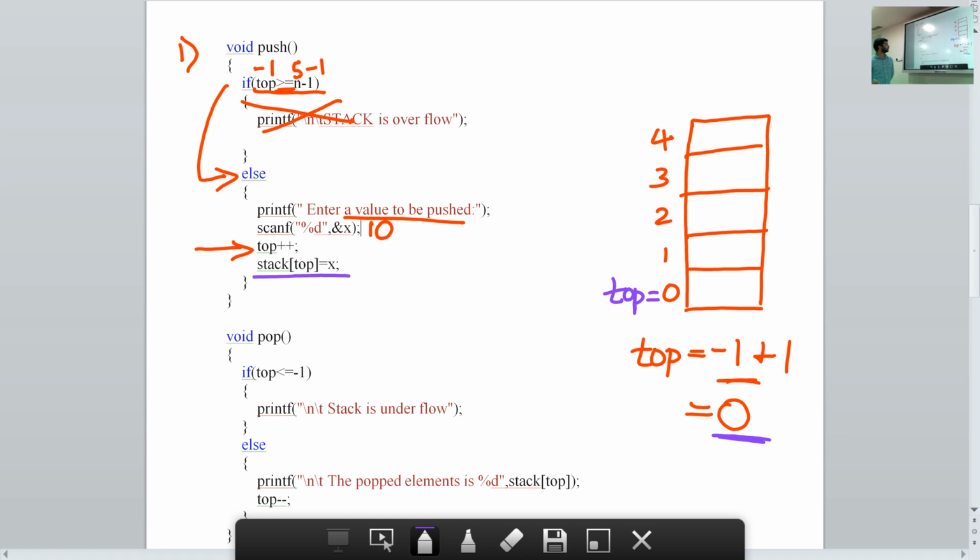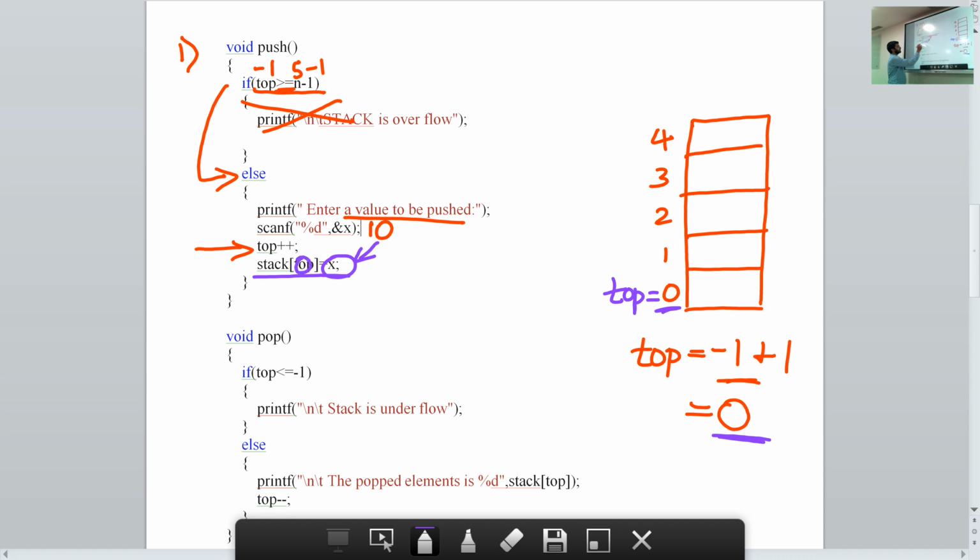In the next step, we store this value x, which is nothing but 10, in the stack array at the position pointed to by top. What is the value of top? Value of top is 0. So I just replace the value here.